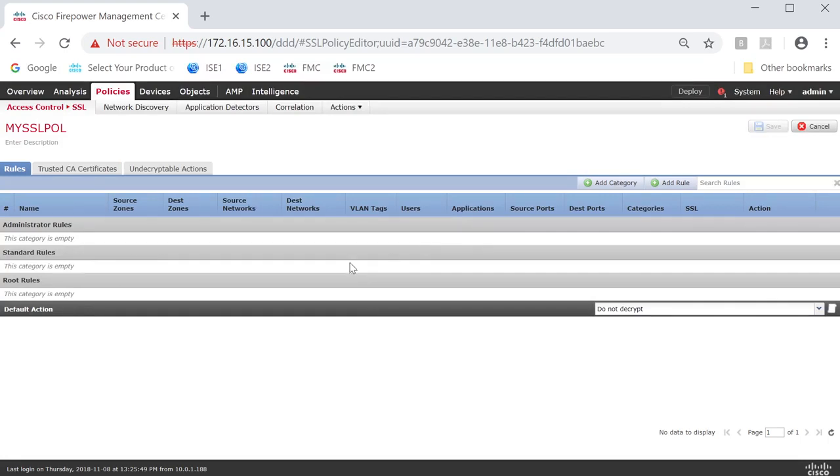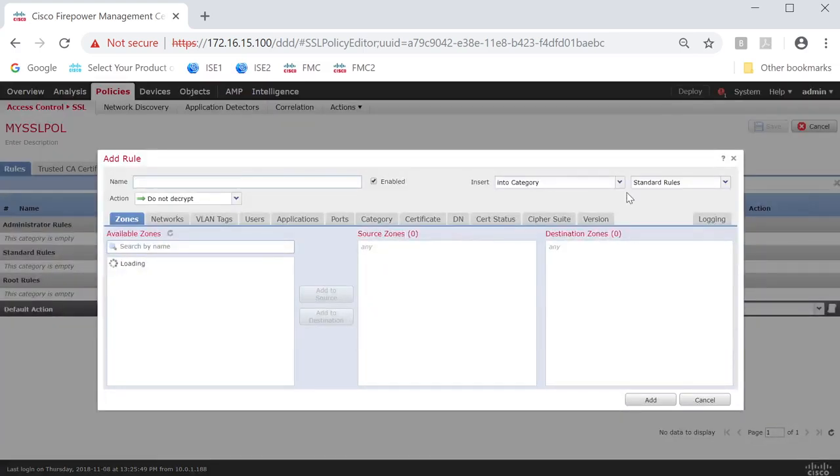And then we've got those rules, 3 separate sections. This one is for more of the exceptions, where by default, when I click on add rule, it is going to be adding them to the standard rules section. You can customize this stuff. You can add your own categories. So here is where you can choose the conditions